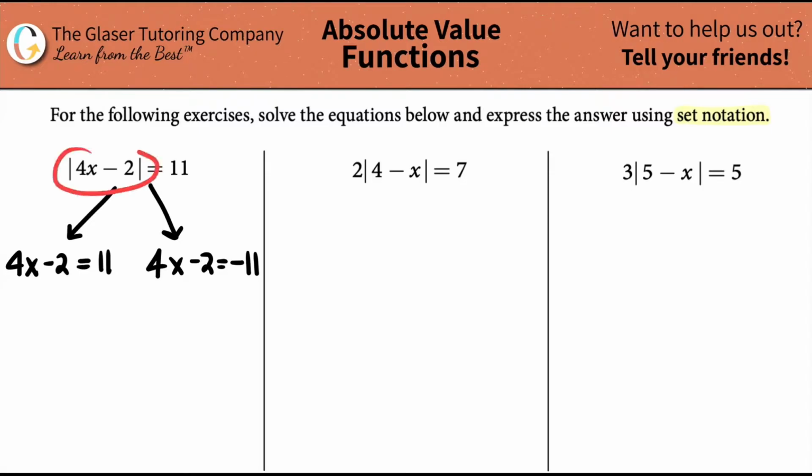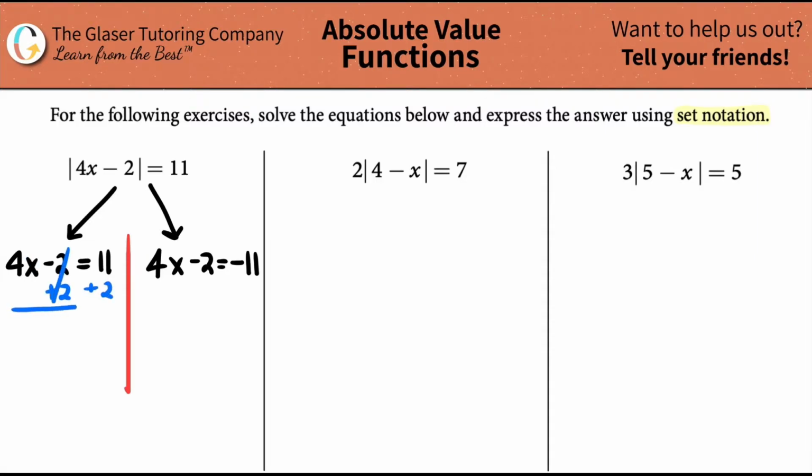So if you can't progress any further, split the equation into two: write out one equal to the positive answer, one equal to the negative, get rid of the absolute values, and now you're ready to solve. So we actually have two equations here. If I put a nice line down the middle, we are ready to go. On the first side, the left side, all we have to do is solve for x now. So plus 2,